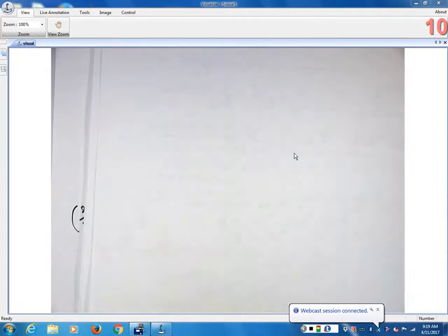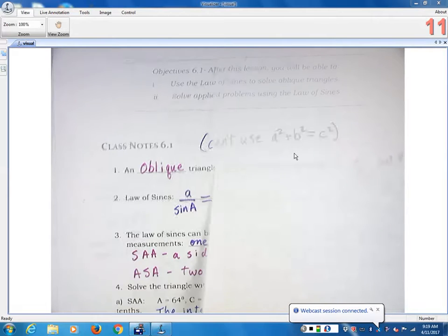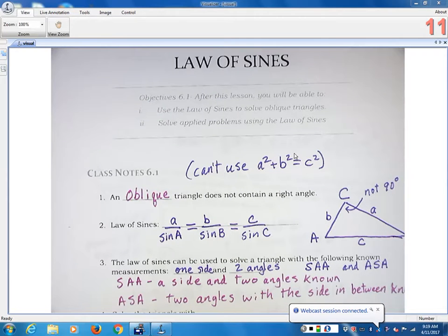Any questions about the test? I'll have you look at it and give it back. And we're going to go ahead and start on, we'll talk about, again, law of sines for a minute. Remind you what oblique triangles are. Oblique triangles. I'll go ahead and select them if you're done with